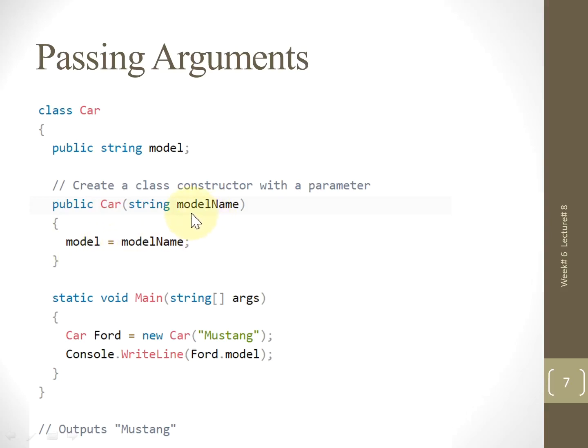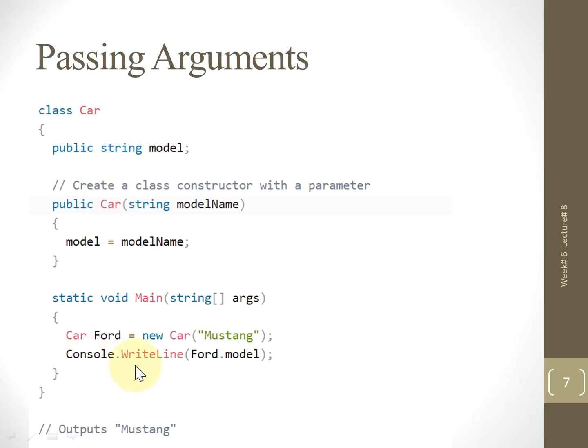So when we receive the model name as an argument, we assign this value to the model data member. Again, within the main function, we have just created the object of the class, and within the object we are sending one argument as a string to the constructor function, because this time the constructor function requires one argument of string type. We have sent it as a static value, which is Mustang. So when the object is created, the function is called automatically. Which function? The constructor function.